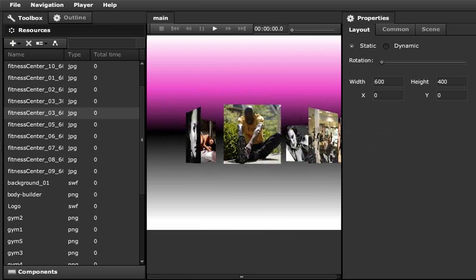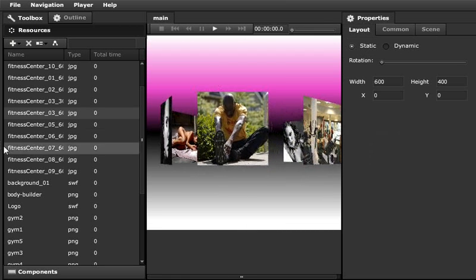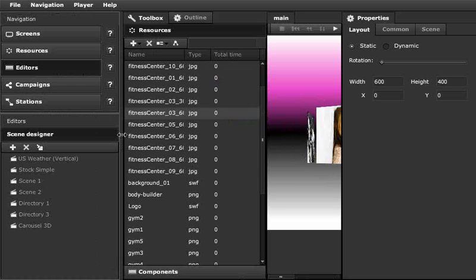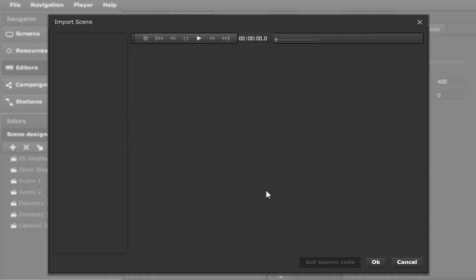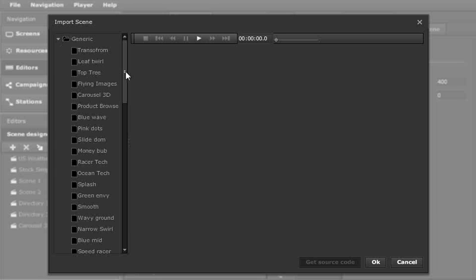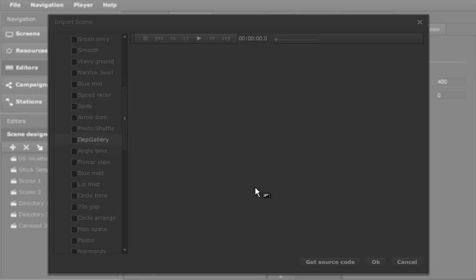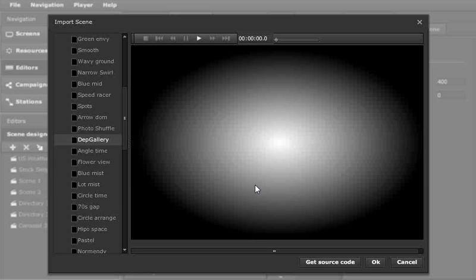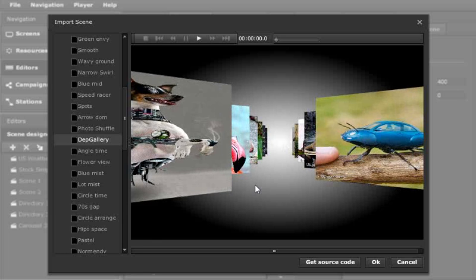So let's go ahead and review a couple more. I'll go back to my import scene button, click on that, and now we'll review a couple. They're under the generic. So let's go ahead and switch to the depth gallery. That's another cool component that you guys can use. You can again